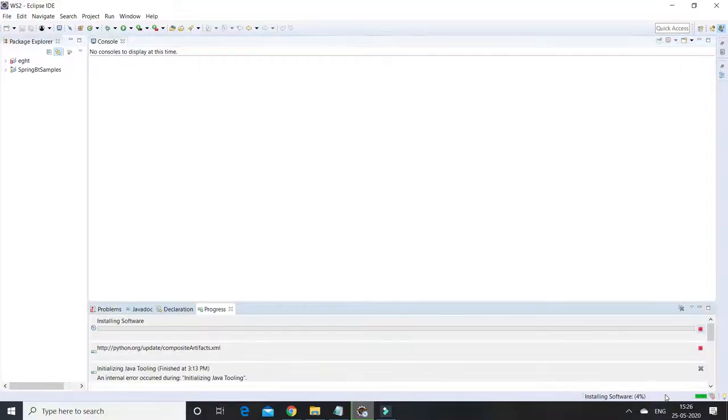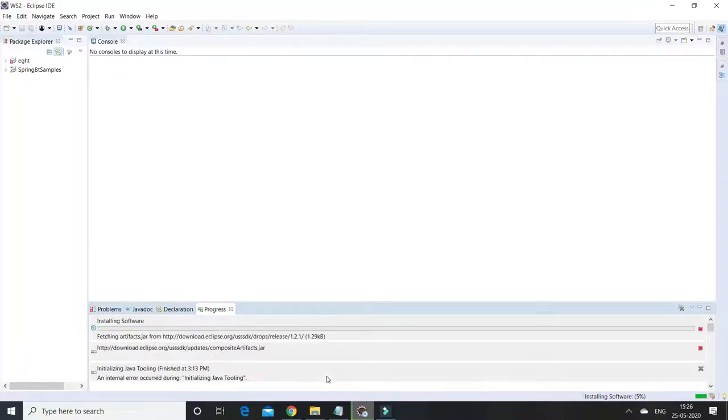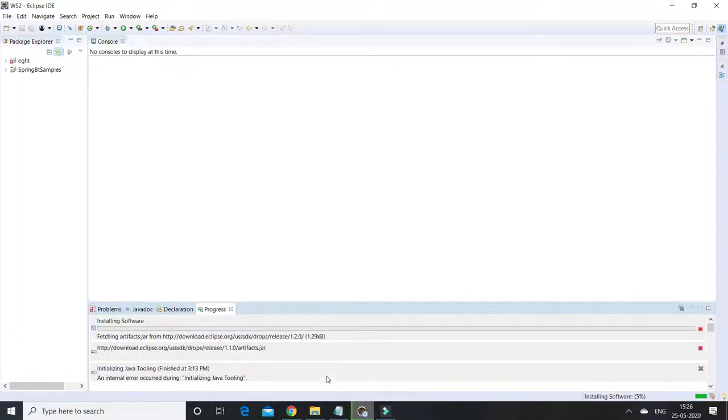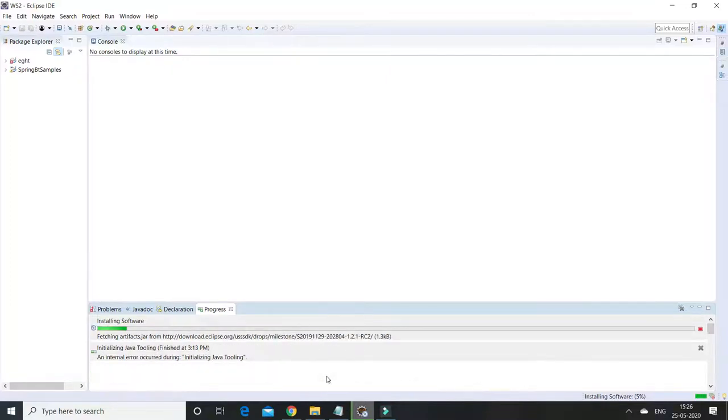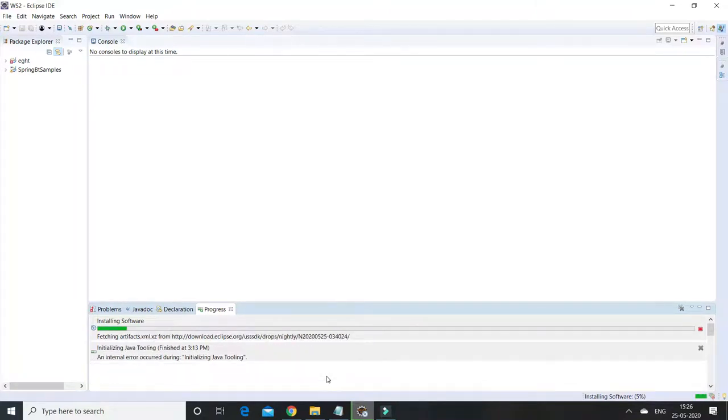Here the software is installing. These are the required dependencies that will be downloading. Let's wait for a few minutes. Don't cancel.